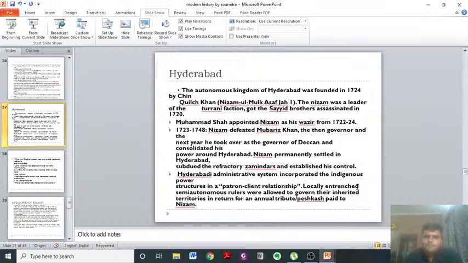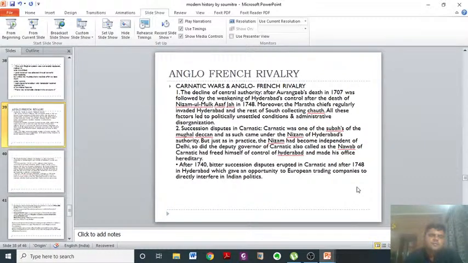Land revenue is a powerful intermediary. Okay, so now again we touch upon the Anglo-French rivalry. Anglo-French rivalry is the most important rivalry that had been